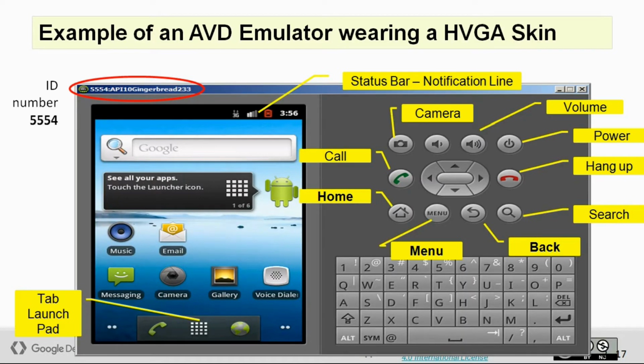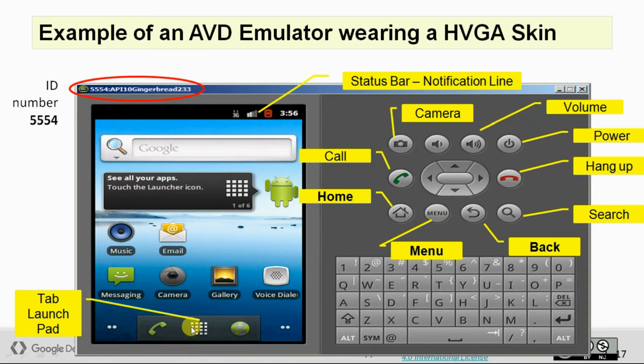Now this is an example of an Android virtual emulator device. You know, right, these different status bars, this is the notification line where you will get all notifications, and this is the camera part, volume, power, search, back, menu, home.